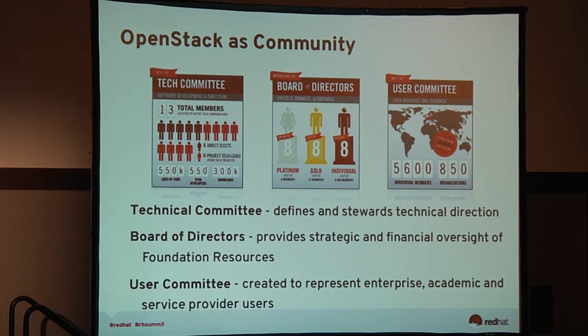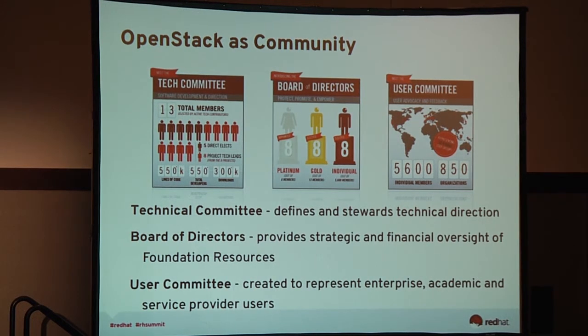From the OpenStack bylaws, the OpenStack project has been defined as a set of core projects, core OpenStack projects, with some auxiliary projects backing that up: library projects, gating projects, supporting projects, et cetera. The foundation as a whole has attracted more than 7,000 individuals from 100 countries, 850 different organizations, and has secured over $10 million in funding. A large chunk of that came from the platinum level sponsorships, of which Red Hat is one of 8 platinum founding members of OpenStack.